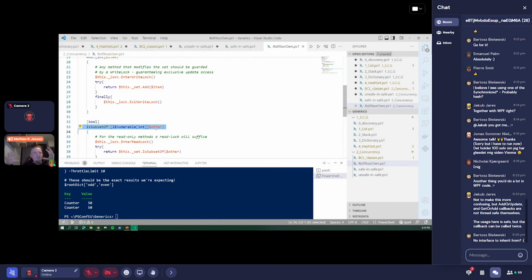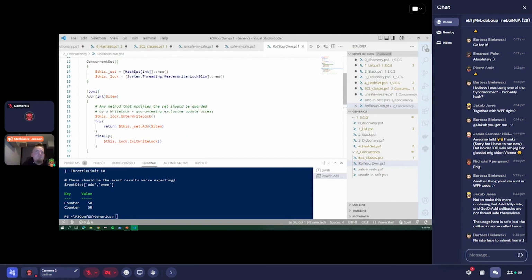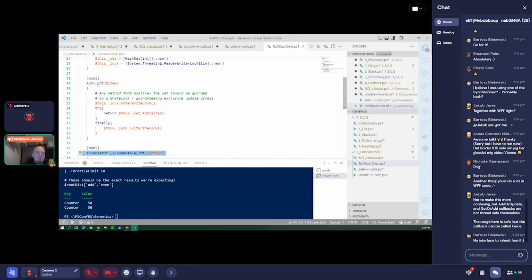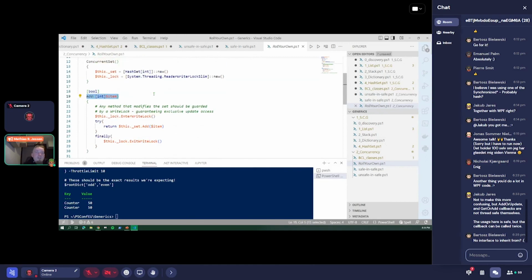And so basically the pattern you want to follow here is you replicate the method signature from the original class, right? So if we look at a hash set of integers,